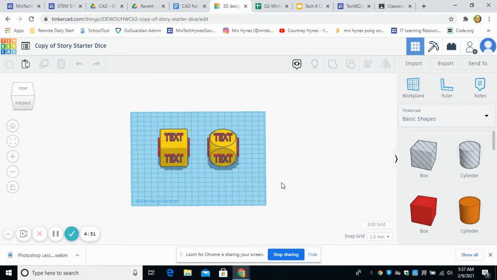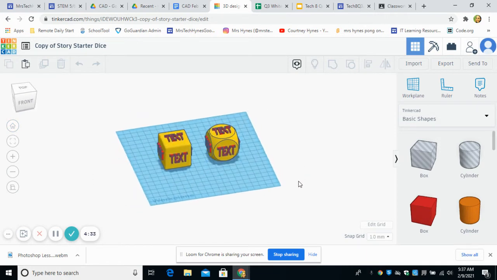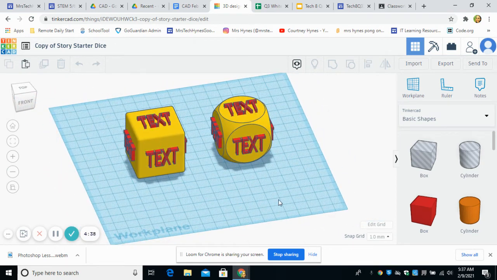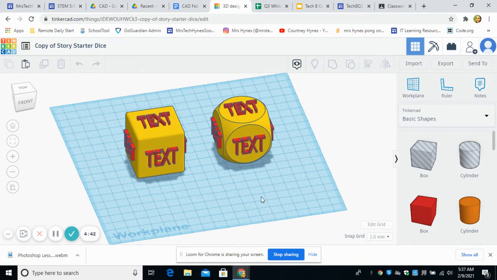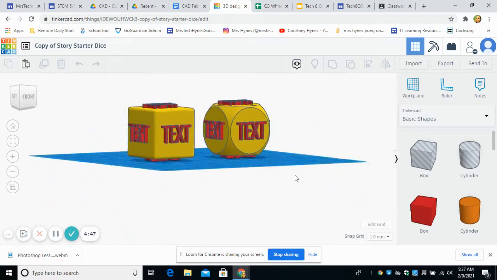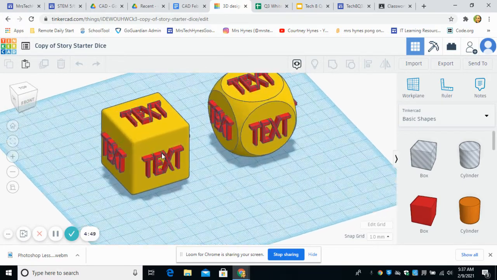So basically in a CAD environment, we're going to be able to 3D print this. Our 3D printer starts off laying down stuff on this work plane. So if you can imagine, this is like a flat surface that you can build off of. So these two dice that are in here,